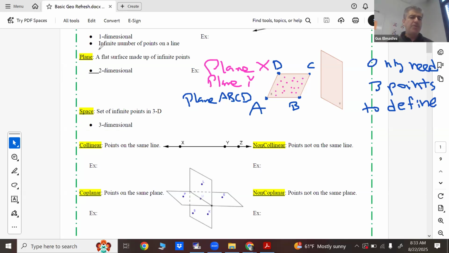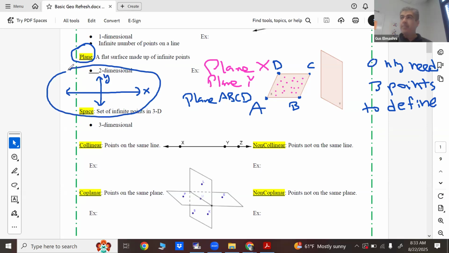Another place where you've seen a plane before. Hopefully you guys have seen this back in Algebra 1. So what am I drawing right now? What is this called? Coordinate plane. And we call it coordinate plane because it is a plane. So we call this a coordinate plane. It could also be called an XY plane. And we're going to be working with that a lot in this year, right? Coordinate planes